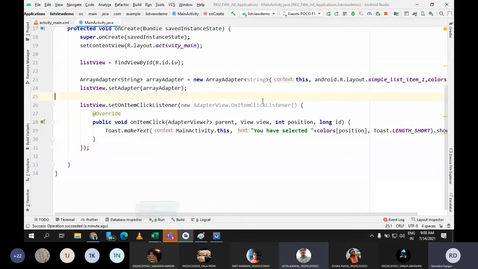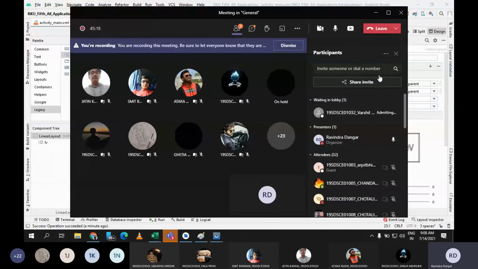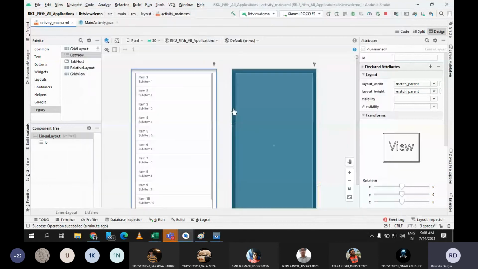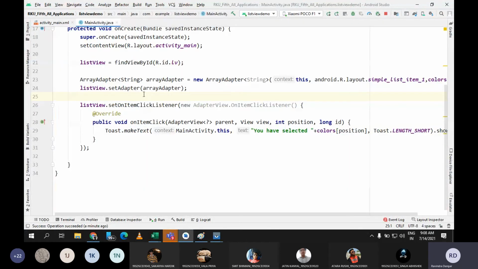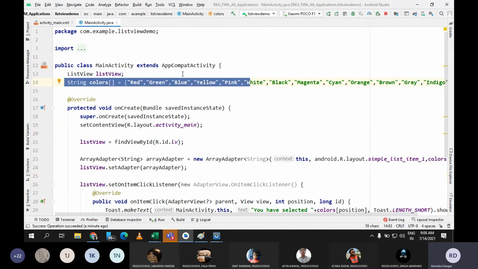So this is how you can implement a simple list view in any Android application. It is very easy. Simply design the XML file inside which you just need to place your list view. Once you place the list view inside the XML file, you can find the IDs of all the components inside the Java file. Then after finding the ID, create an array. To create an array, either you can use a static way or you can define this array inside the string.xml file as well. It is up to you.